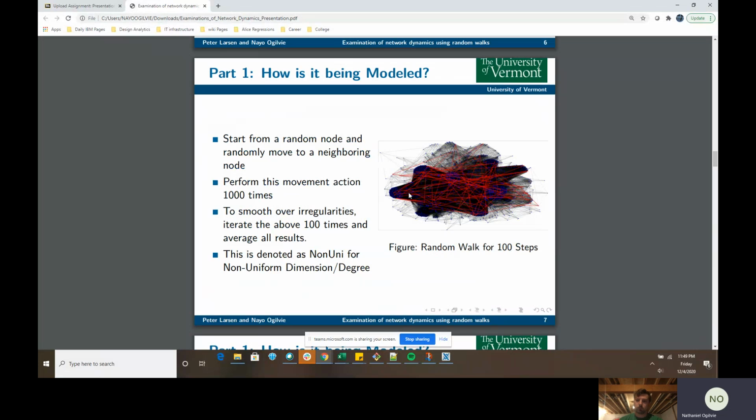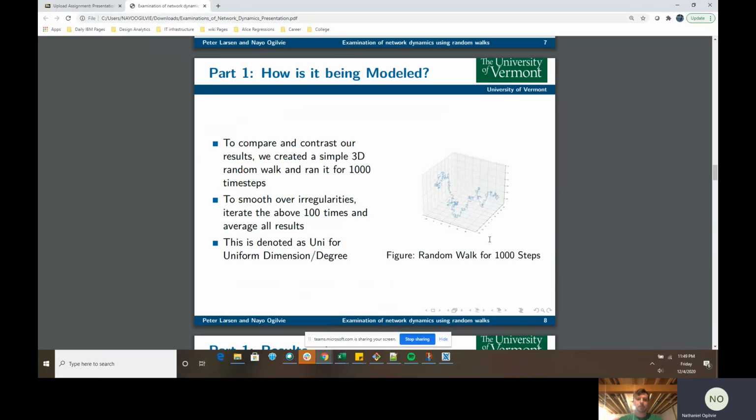On the right here, you can see a picture of our network and it being randomly walked, the red being edges that have been walked. In this case, this is after 100 steps. 1,000 steps is a little confusing to see. So